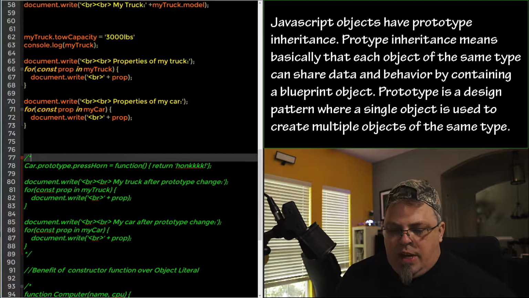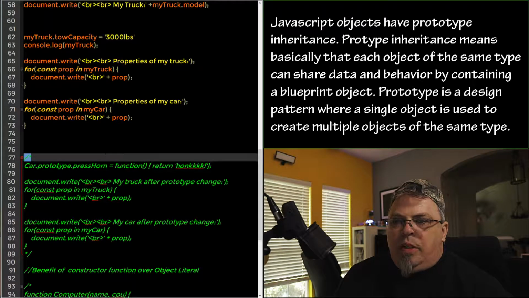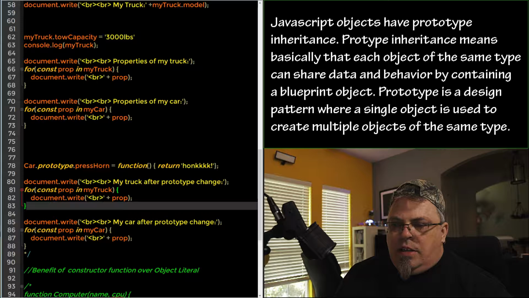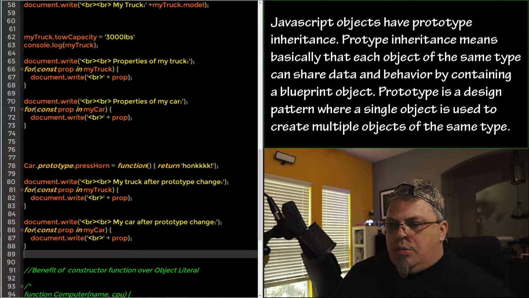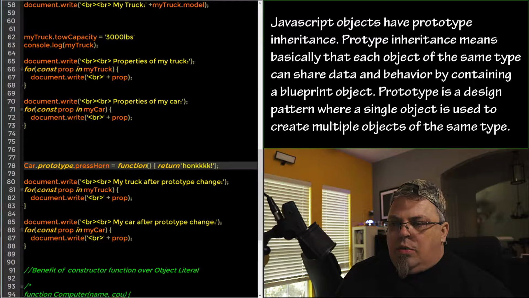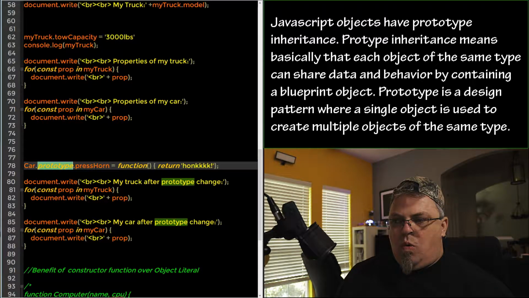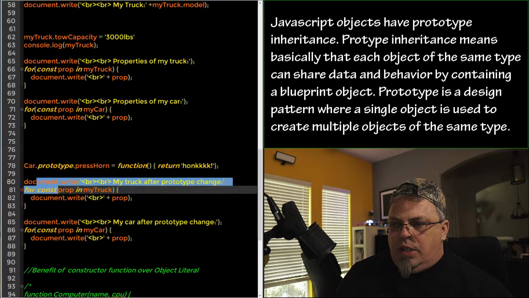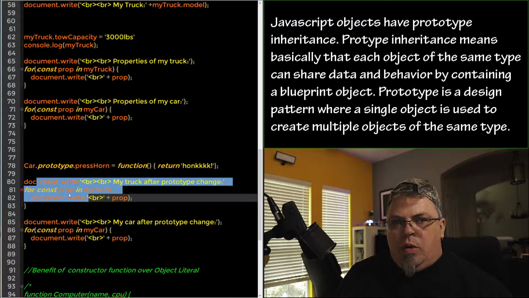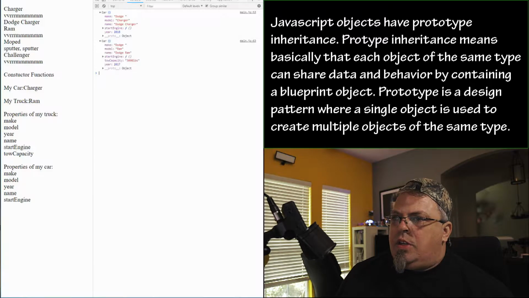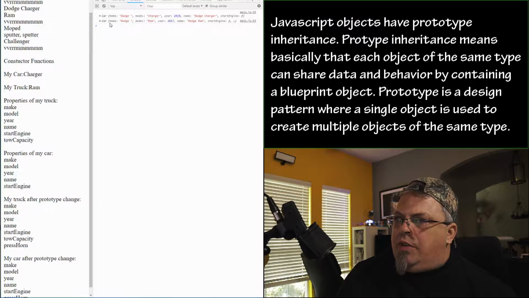I can actually access a prototype property which is automatically added to these objects in JavaScript. So if you look here, I've got Car.prototype. So I'm accessing that prototype property, that main prototype that all cars are created from. And I'm adding pressHorn. Again, I loop through the properties. If that worked correctly, both of them should have a pressHorn property. Let's check it out. Save, refresh. There we go. So I've got car